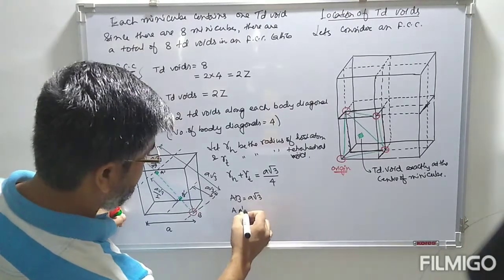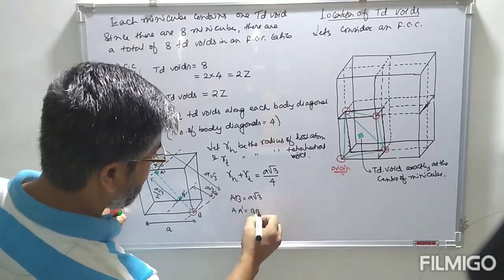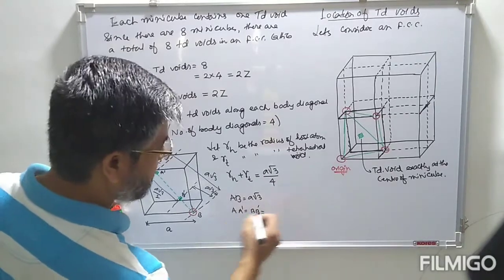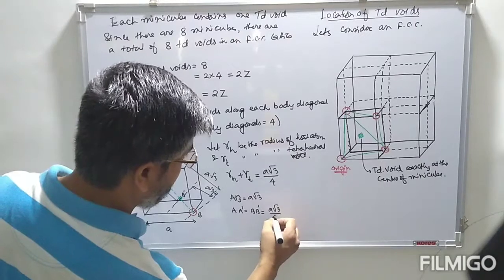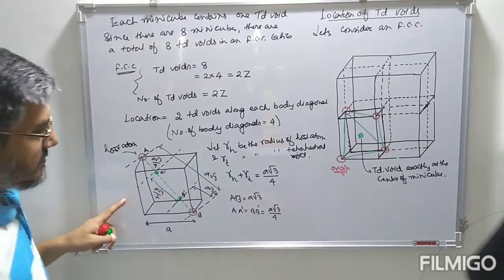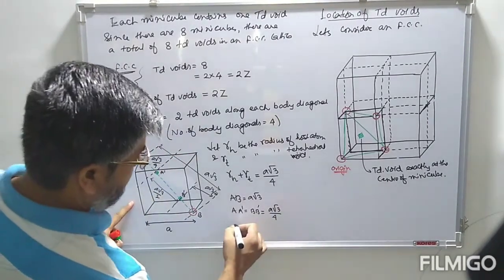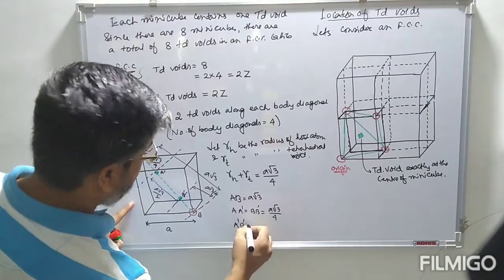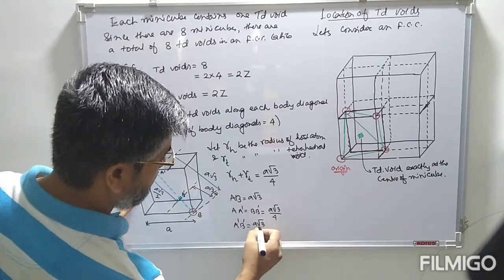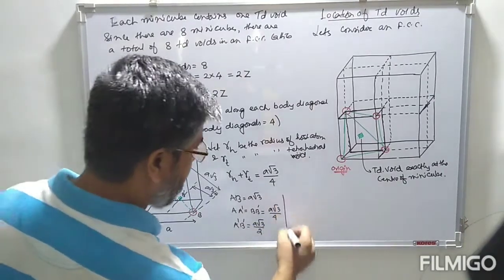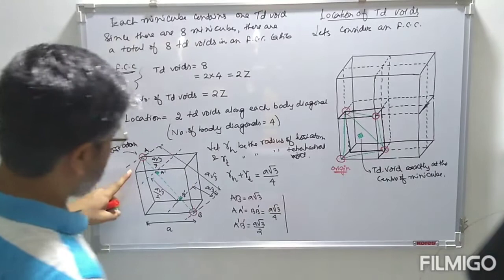A prime is equal to B prime. This is equal to 1/4 of the body diagonal. A prime B prime is equal to half of the body diagonal, and this